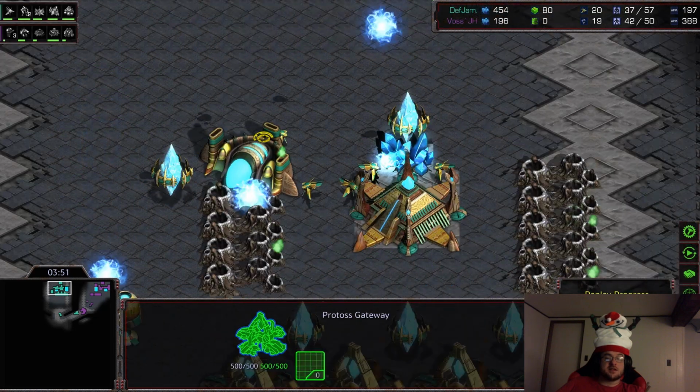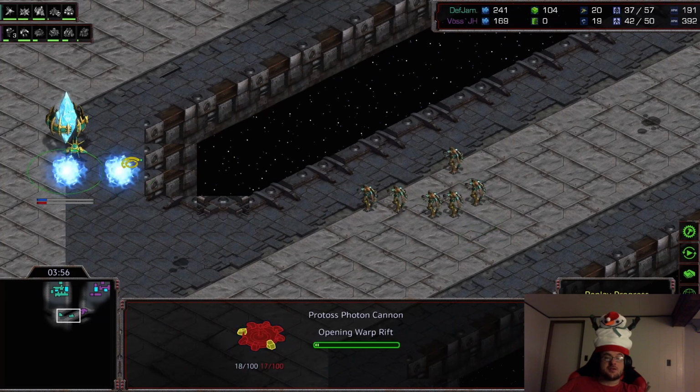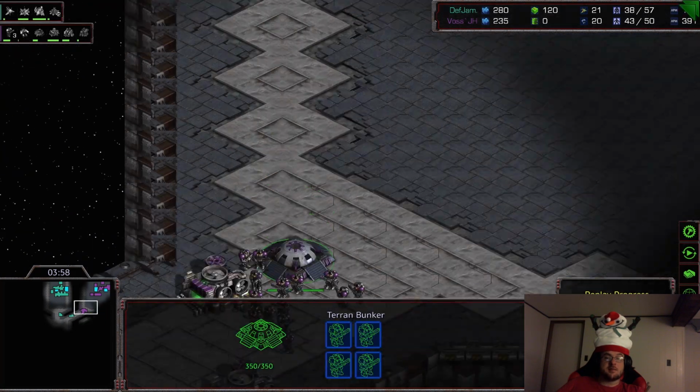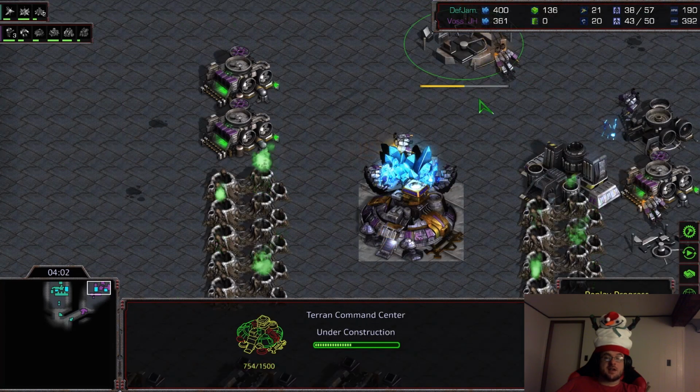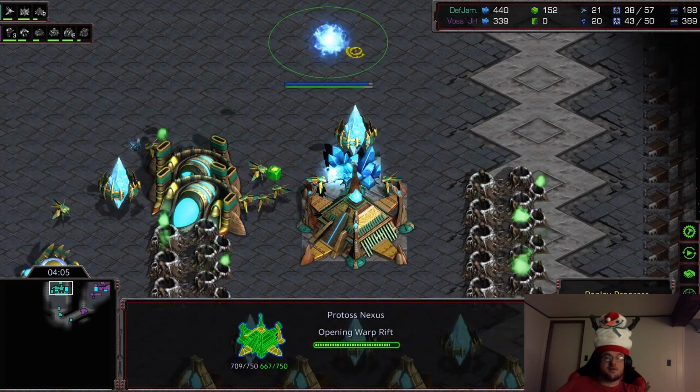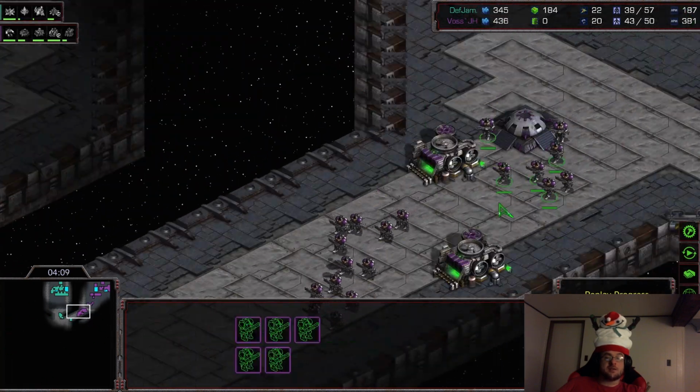I didn't see if it was the exact scouting one or not. Going to try to apply some pressure while he does get some of these cannons up to keep himself alive. That Academy just going down now, so very late Academy. Got that command center before the Academy. So this doesn't really seem like JH is wanting to put on too much aggression, but right as they said